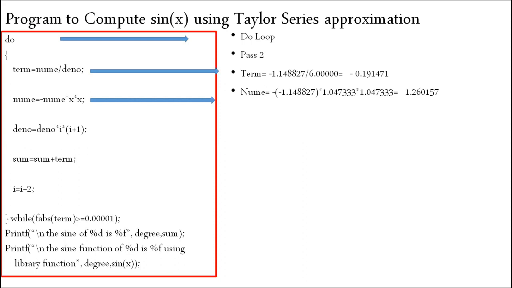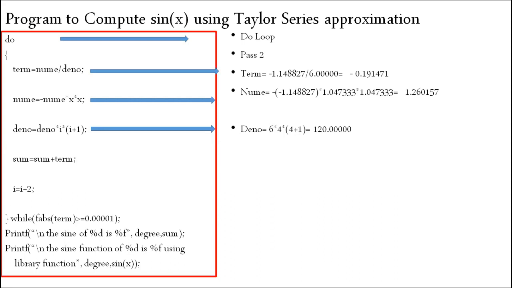So if my exponential value is 5, my denominator value is also 5 factorial. In order to do that, we have a formula that is denominator into I plus 1. The latest value of denominator is 6. 6 into I, which has been updated to 4, into 4 plus 1. So here the meaning is 6 is nothing but 3 factorial, 3 into 2 into 1, that is what 3 factorial.